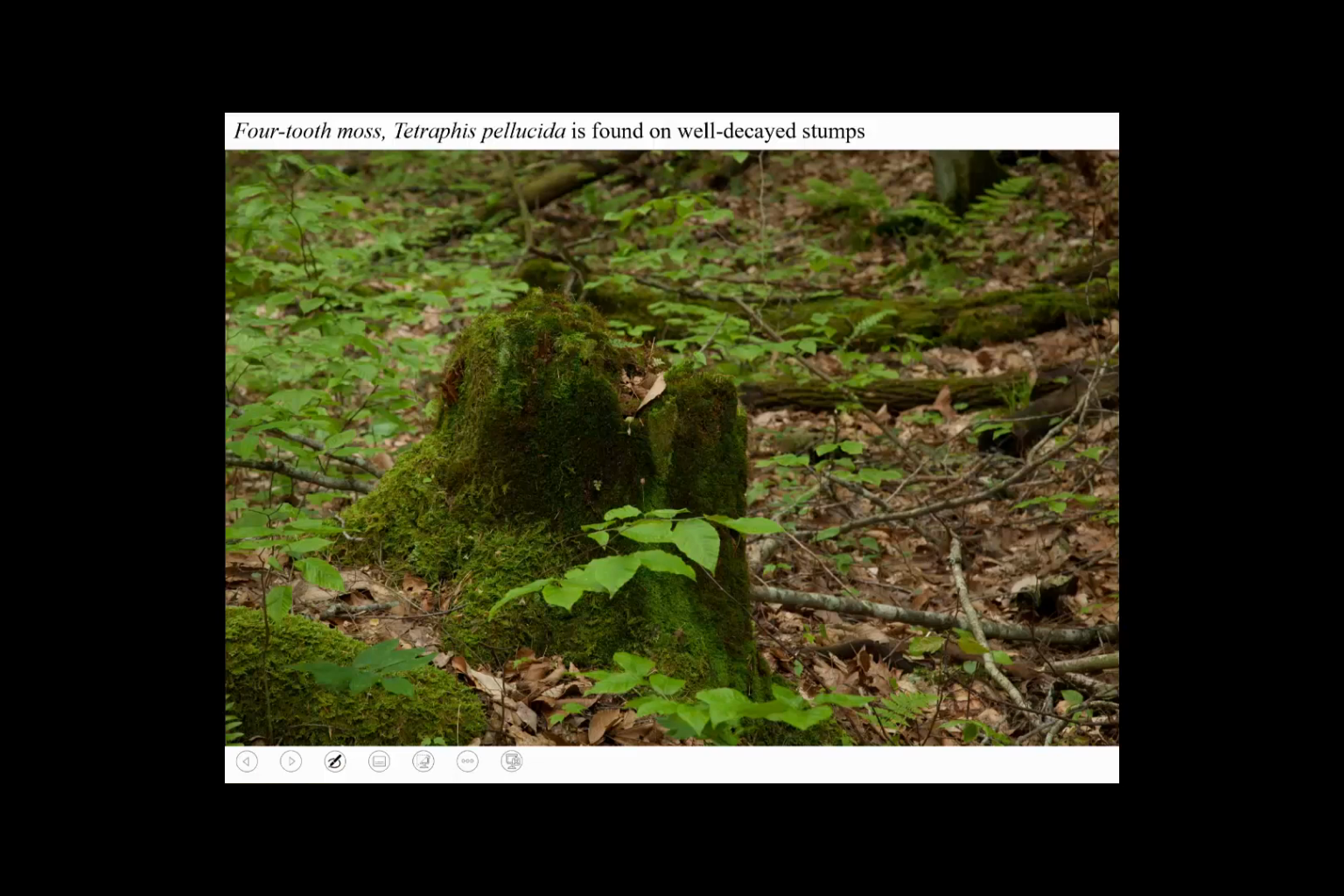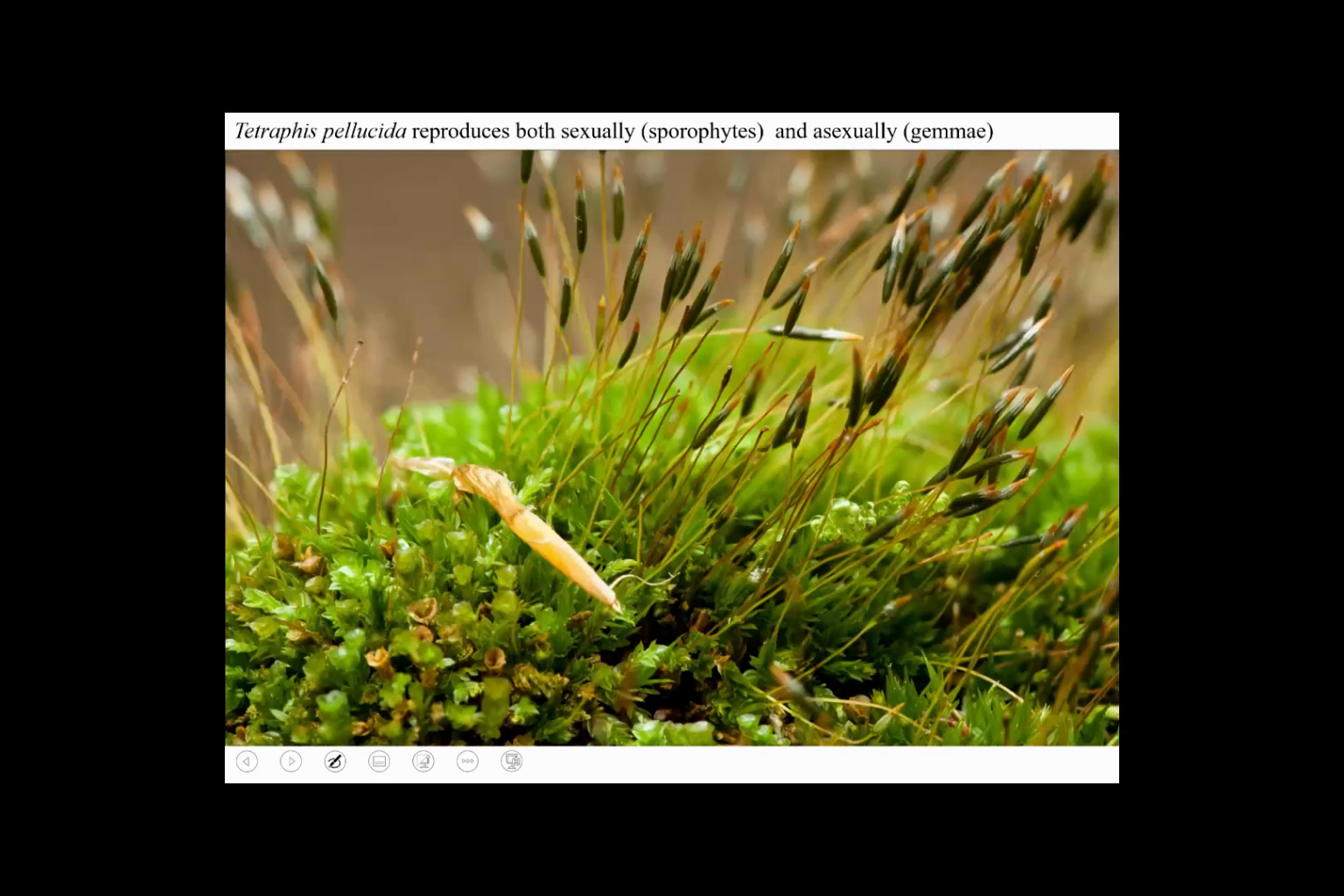Ooh, Tetraphis. Tetraphis is the one that Robin Kimmerer did research on, and it's typically found on stumps, very well decayed stumps. It has a substrate affinity to the stumps, and here it is on a stump, and it reproduces two ways also. This is sporophytes, which, by the way, true to the name, Tetraphis, tetra means four, it has 4 teeth. The peristome is a very unique peristome of 4 very thick teeth, and it's taxonomically separate from most other